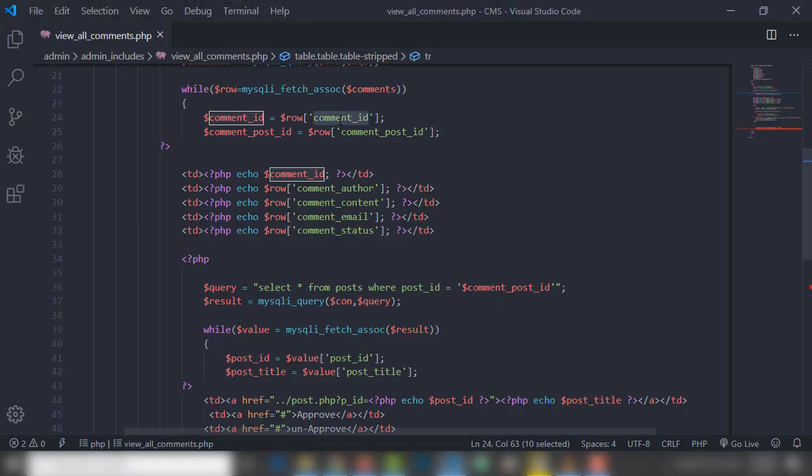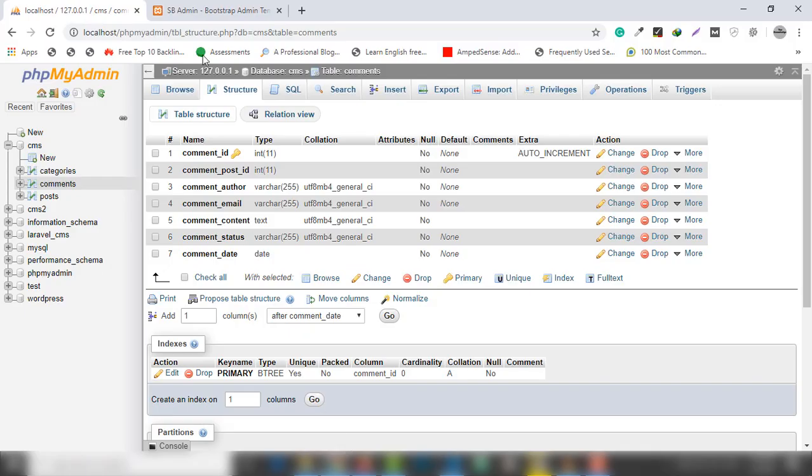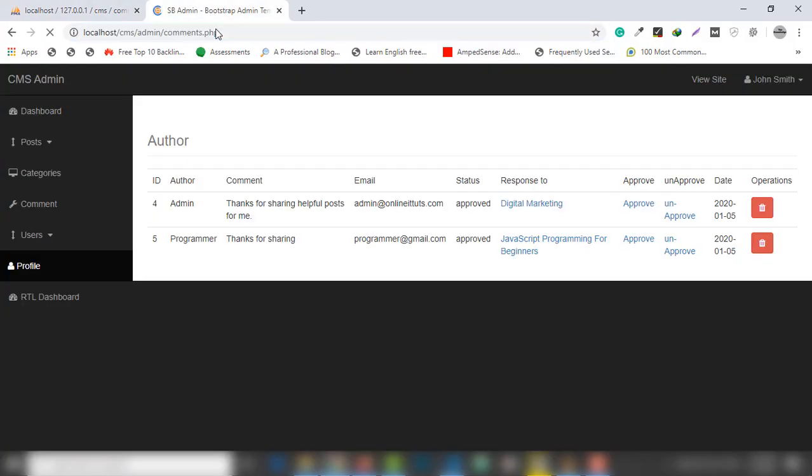So I have used this variable to assign the ID inside the comment underscore ID variable. I'm going to copy that and go below, and you need to use an echo statement and pass the comment ID variable. This comment ID variable will be assigned inside the del variable. I'm going to show you in just a minute. I refresh that and I hover the mouse. As you can see guys,